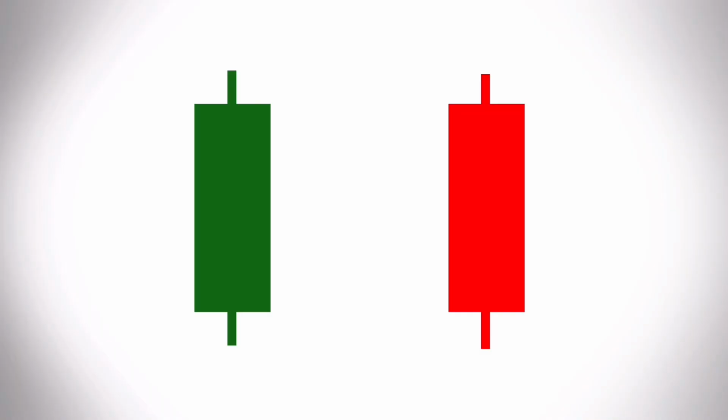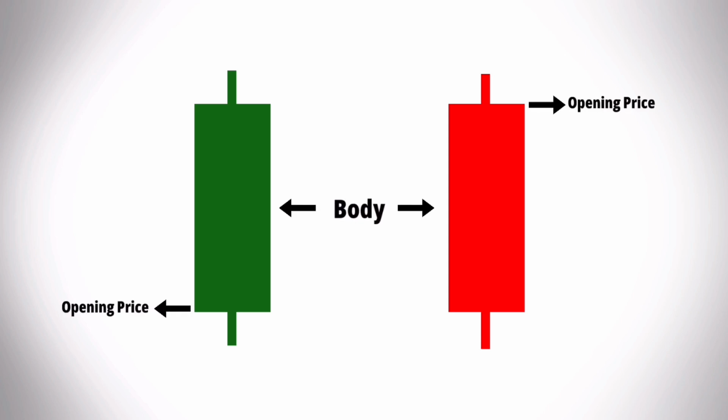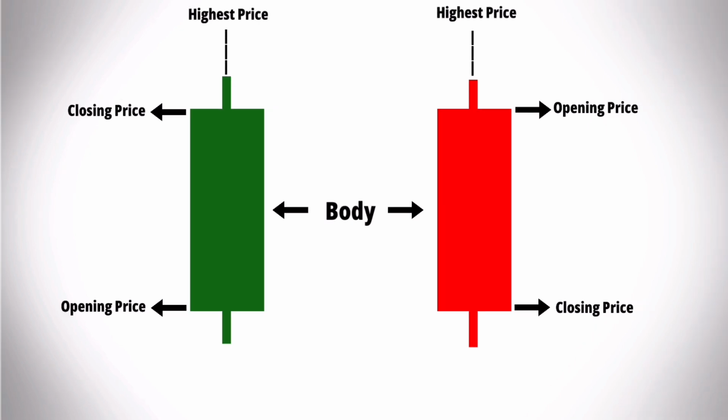Now remember that each candlestick you see on the chart shows 4 important price points. First, the opening price, that is where price began during the time frame. Second, the close price, that is where price ended during the time frame. For bearish candlesticks, the close price is usually lower than the open price. Third, the highest price, that is the highest point price reached during the time frame. And fourth, the lowest price, that is the lowest point price reached during the time frame. By understanding bearish candlestick patterns and key price levels, traders can anticipate selling opportunities and position themselves ahead of a